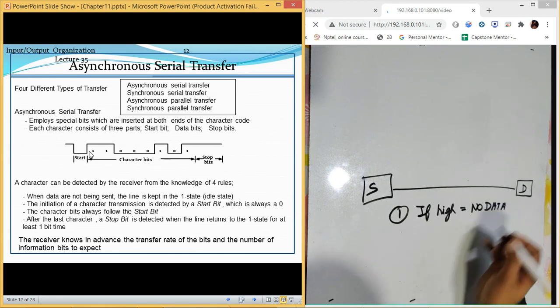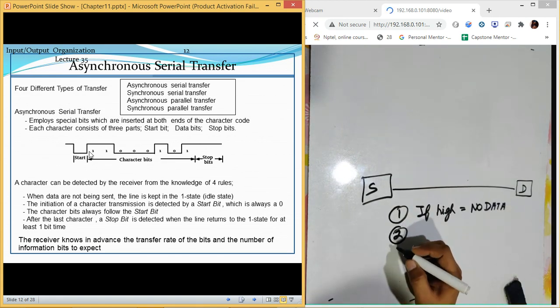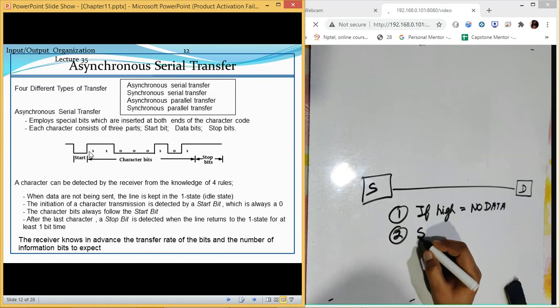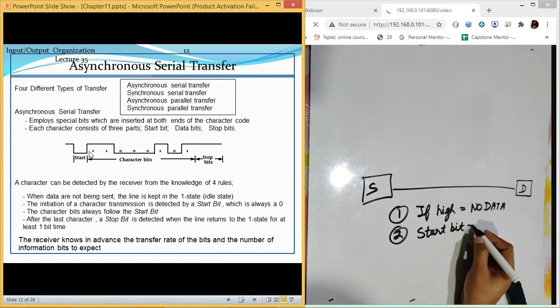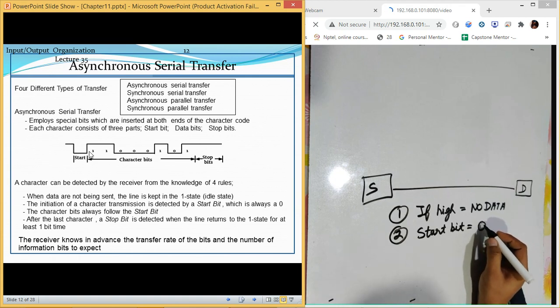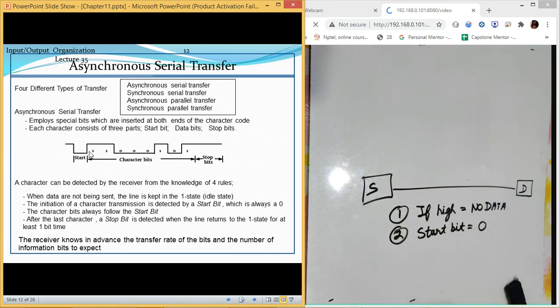This is the first rule. The second rule says whenever we are going to start a transfer, the start bit will be equal to 0. So initiation of a character transmission is detected by a start bit which is always a 0.